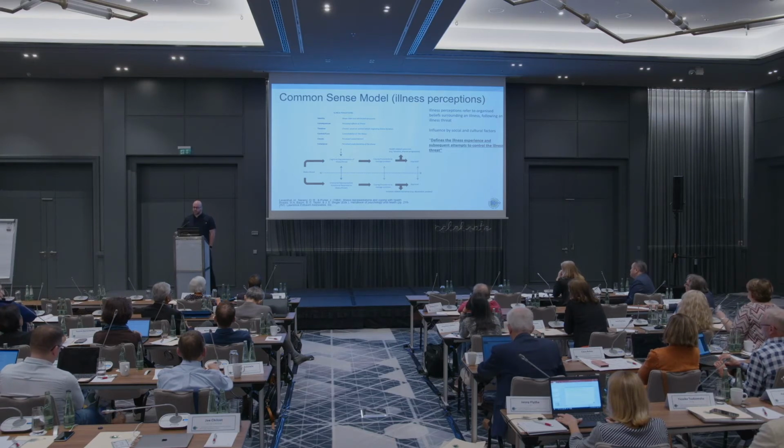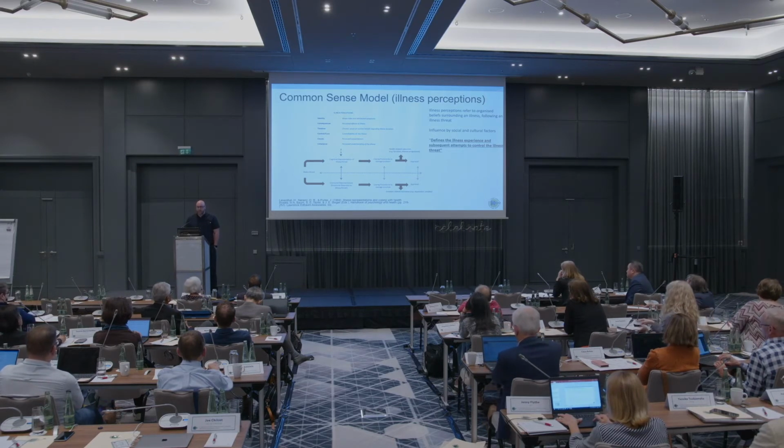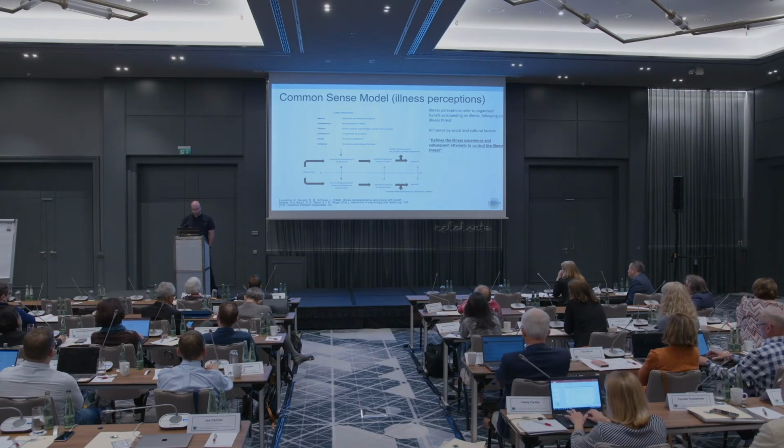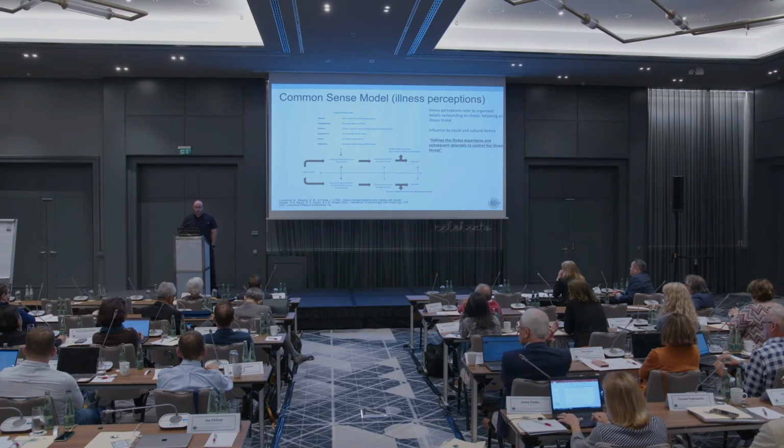So typically, when we think about illness perception, this has been demonstrated across many illness conditions. So people hold an illness identity. So that's the illness label they have received or they think they have, and the symptoms they attribute to that label. There's also perceptions around the perceived consequence of the problem, how long it will last, will it be acute, cyclical or chronic, can it be controlled, can it be cured, what caused the problem, and an overall sense of coherence. Does the treatment match what they think their condition is, and does it help them manage the day-to-day symptoms?